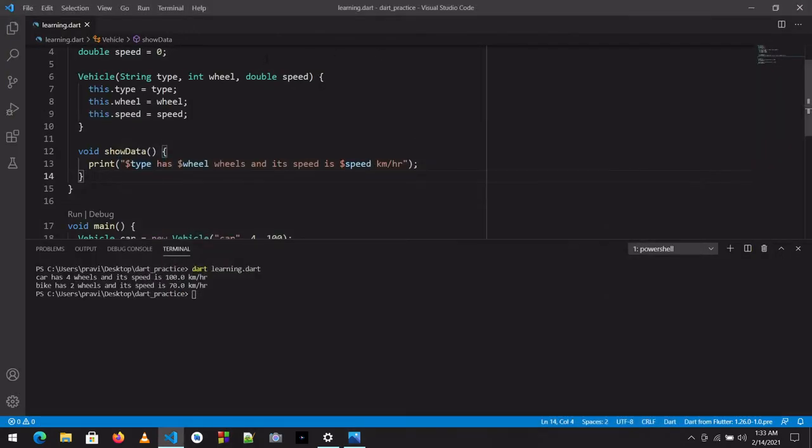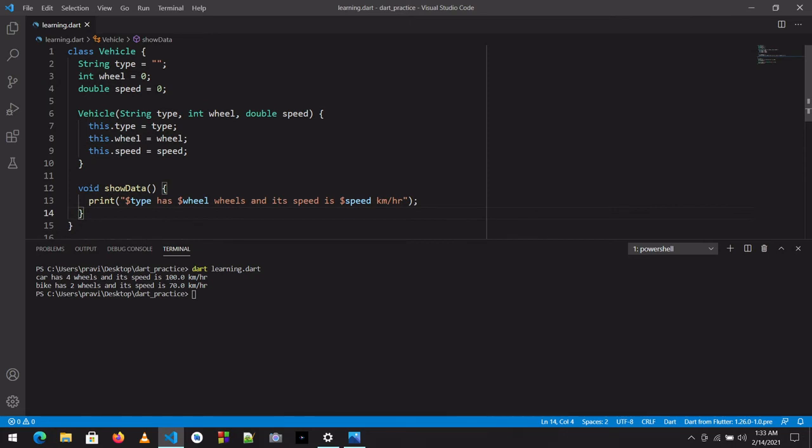For example, a vehicle has some general attributes like speed, wheel, and engine, things which are common for every vehicle. But some attributes are allowed only for a particular vehicle, like a car or a bike.